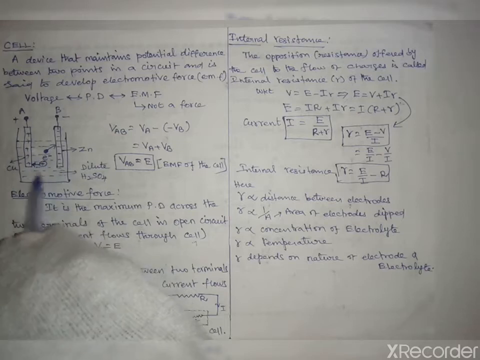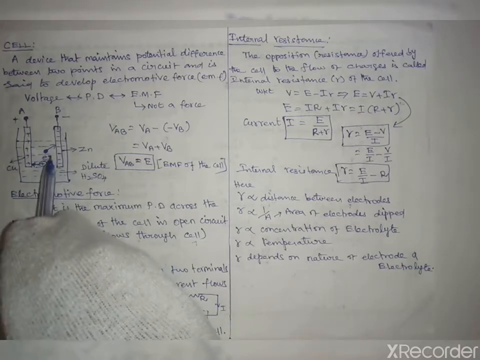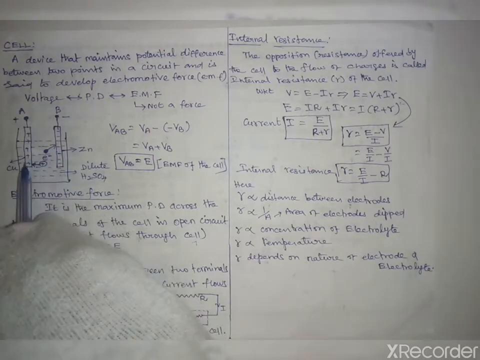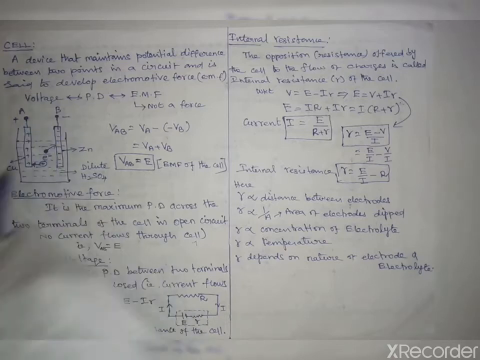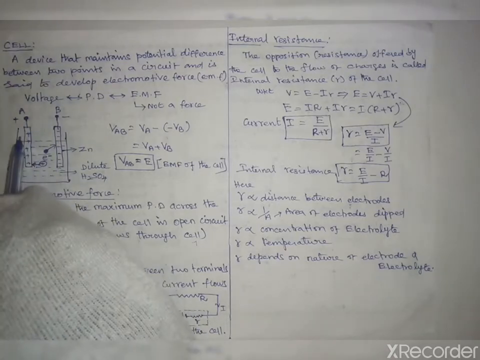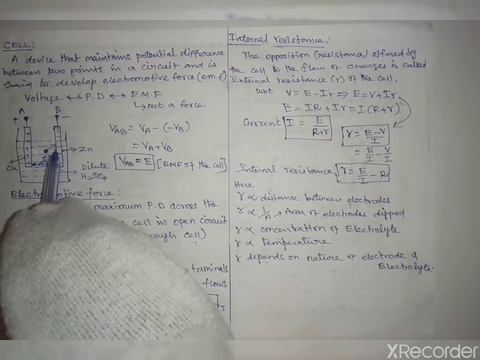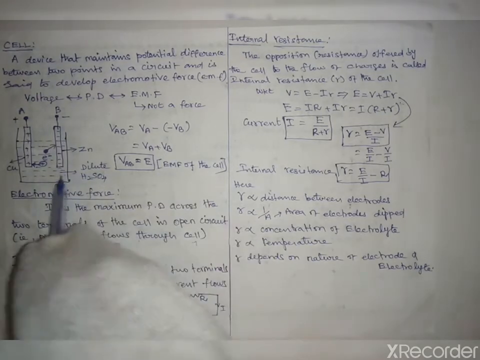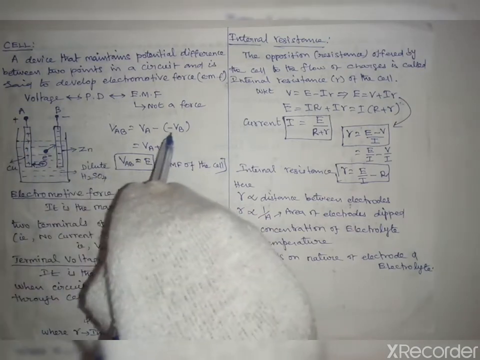Here positive and negative charges will be produced in the electrolyte. Due to this, the charges will move towards the corresponding electrodes. Electrons move towards the cathode, and positive charges move toward the anode. So due to this, the potentials at point A, anode, and point B, cathode, will arise. The potential at the anode is taken as VA, and the potential at B, due to the negative electrons, is taken as minus VB, because the potential is opposite to the positive potential. So it is negative, and negative is taken as the minus.